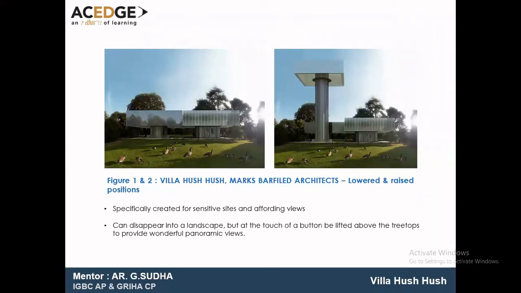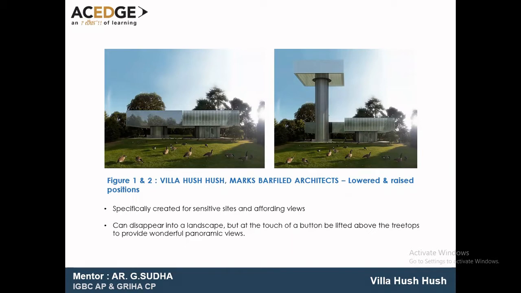There are many building components which can be made kinetic. Among all these building components, there are three major components which we will be discussing in all our further modules. The first one would be about moving floors. The second one would be about roofs that can be made retractable. And the third one would be facades which can be made kinetic. In this particular module number 4, we are going to discuss a lot about moving floors by discussing various case